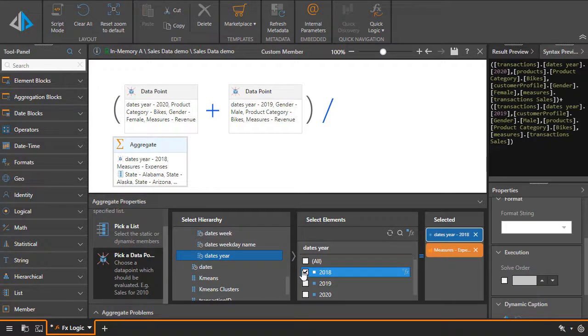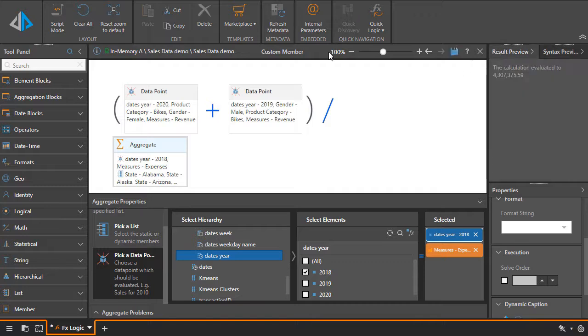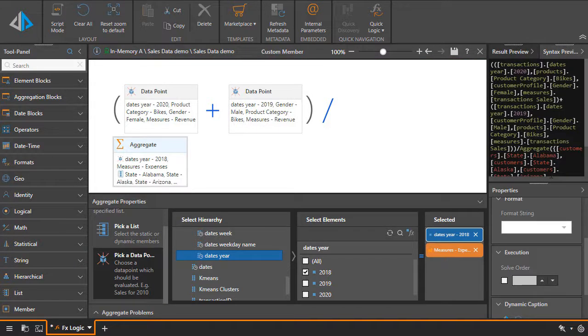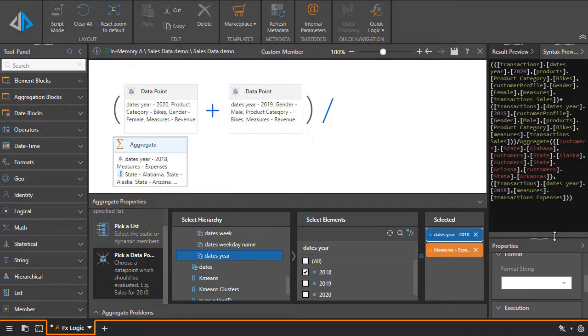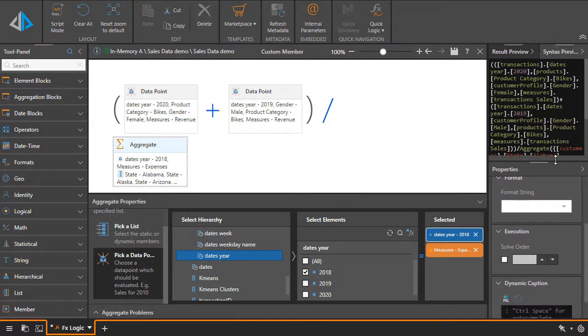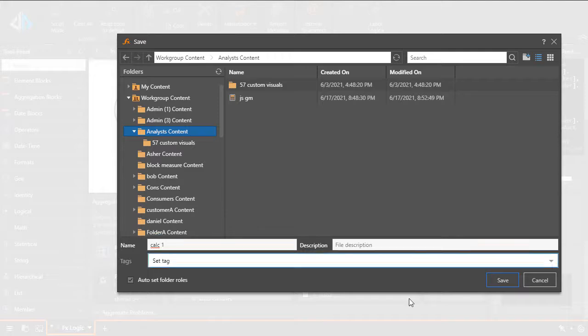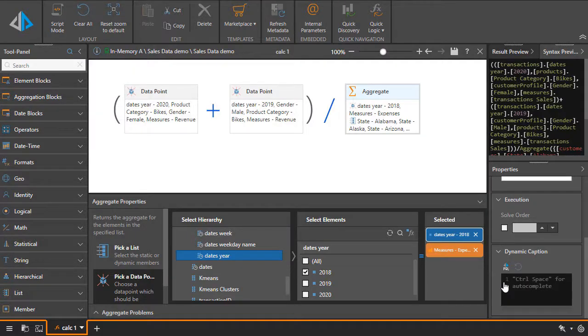Clicking the large button, we can see a result preview and we can see the underlying syntax has been enlarged to include our new logic. Last, we'll save our calculation to the analyst workgroup, which will allow any analyst to access and reuse our new formula in their own analyses. At any time, someone with write access to this formula can change it, and this will then flush the change